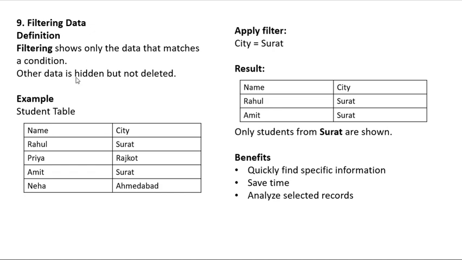The other data is hidden, but not deleted. For example, a student table gives names and cities, and after applying the filter, city equals Surat. It finds the data in the table where the city is Surat and shows it in the result: Rahul and Amit's city is Surat, so two rows are shown, only the students from Surat. The benefit is quickly finding specific information,